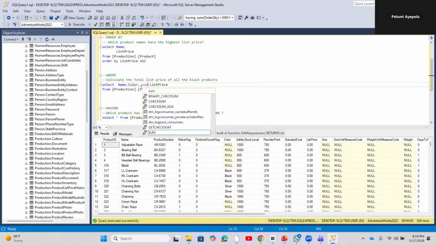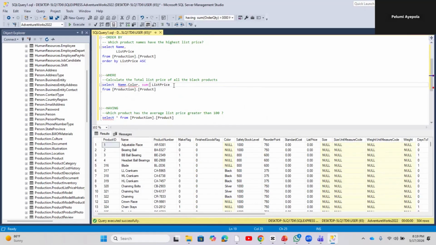So I'm going to use sum. That means I'm going to use my group by. So don't forget that since I have used my sum, I'm going to use group by. Thank God we are even using this particular question, so that you will see another way to use group by with double columns. All right, so now sum of list price, I will just say total price here. So I want to use my where